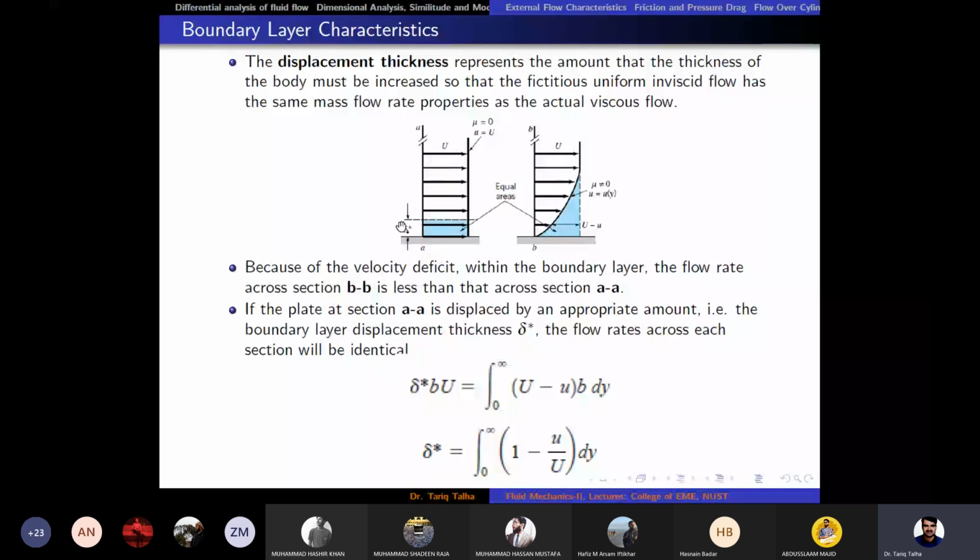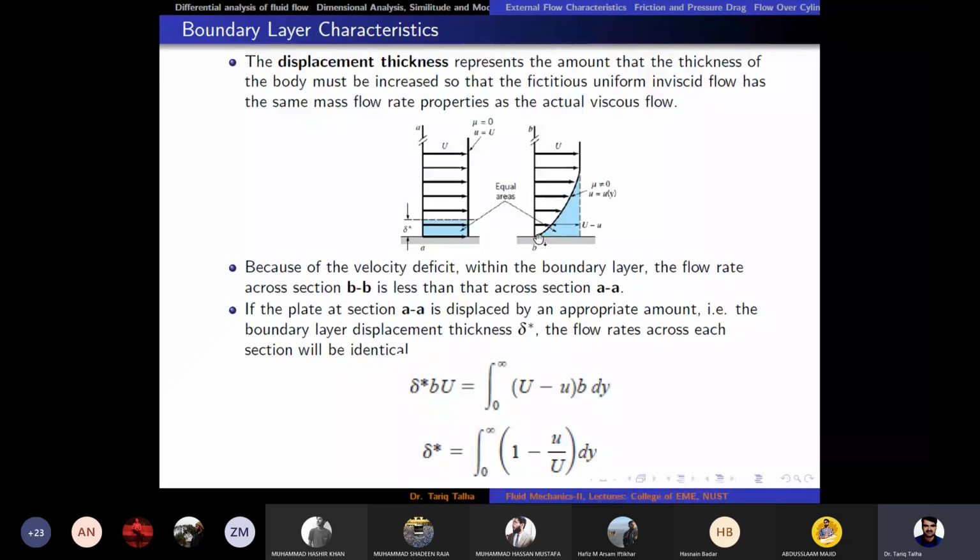That would be rho AB. So area would be delta into B. What is delta into B is the thickness into the board, and delta is the height, and then U is the uniform value of velocity, and then rho, because we are considering incompressible flow, so rho would be here and rho would be here, that would be cancelled out. Delta star, which is displacement thickness, B, which is the width of this plate into the board, and U is the free stream value on the left hand side.